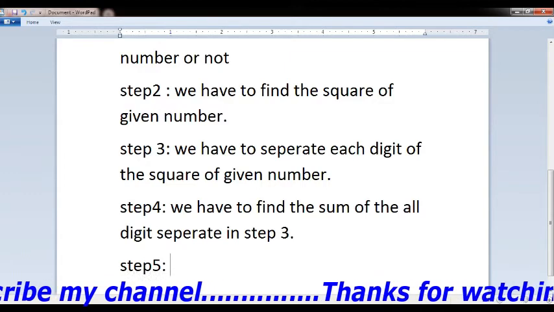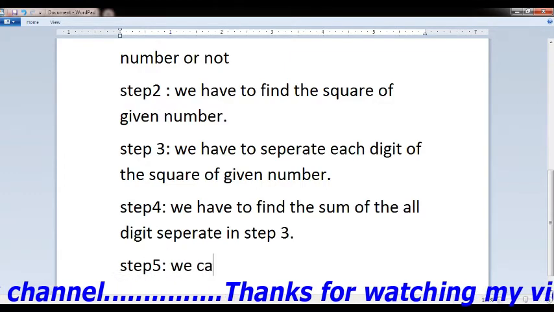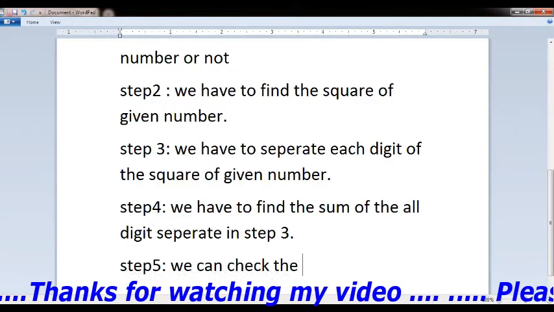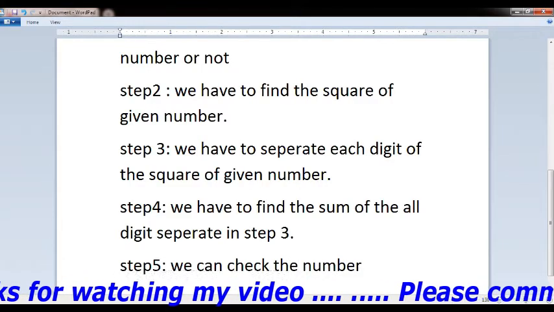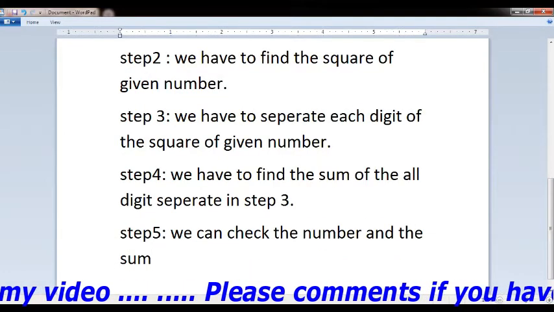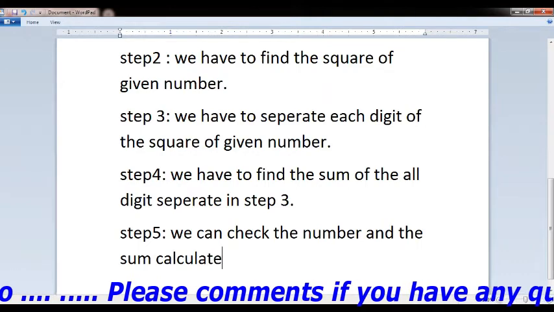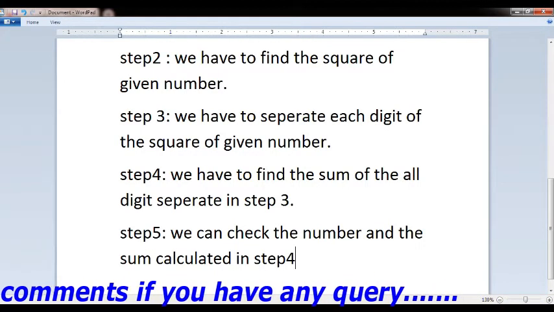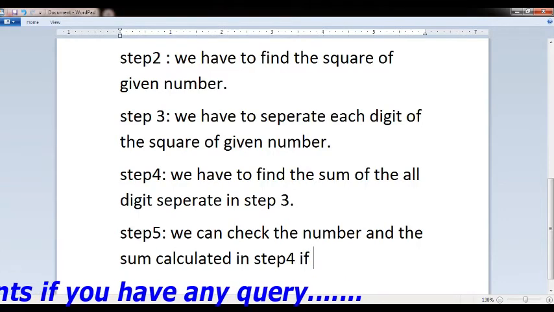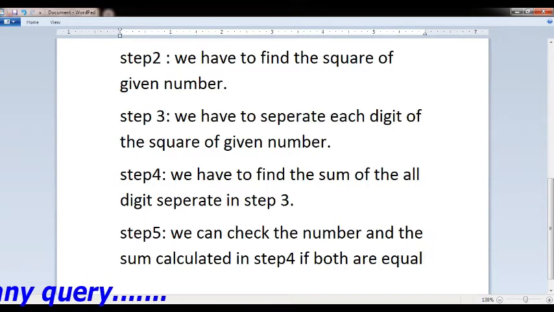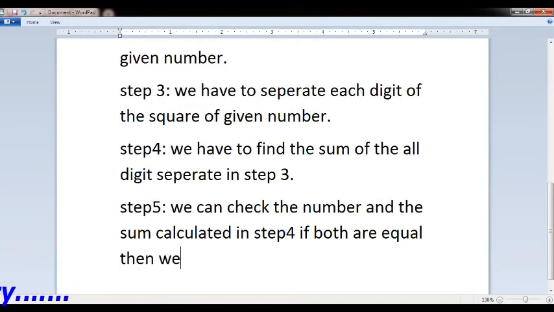Step 5, we check the number and the sum calculated in step 4. If both are equal, then we conclude that the number is neon.